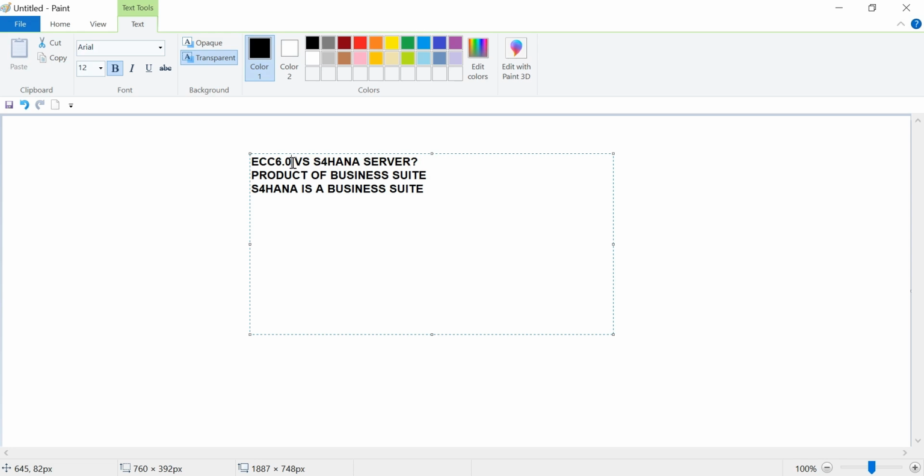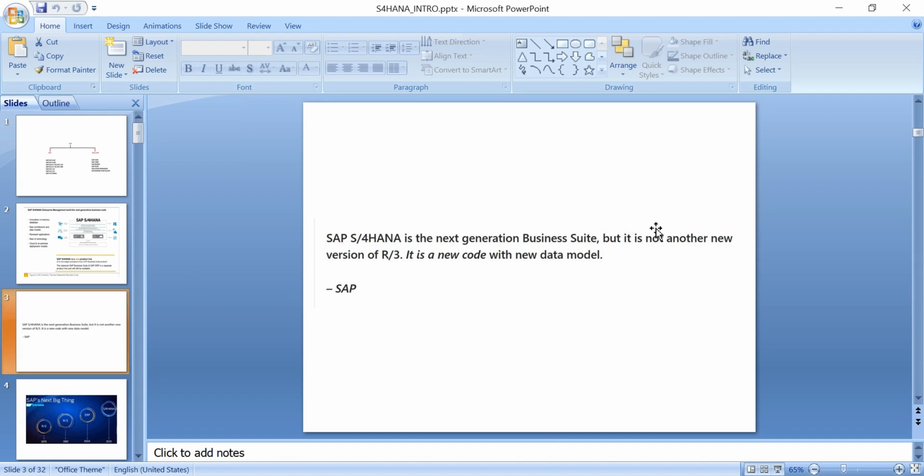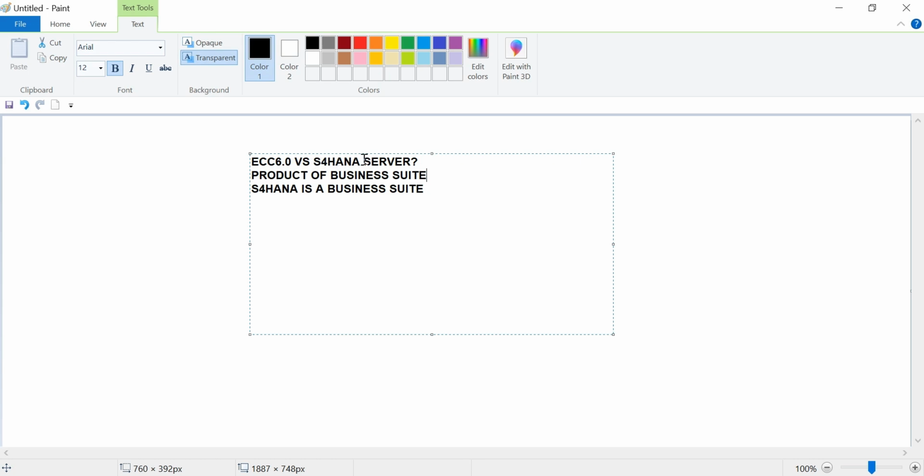ECC 6 is an ERP component. S4 HANA is not an ERP component, but a business suite. SAP itself says, what is S4 HANA? It is a next generation business suite. It is not a single product. It is a combination of different software, but it is not another new version of R3. R3 is your business suite. It is new code with a new data model. Got it? So you should compare ECC6 versus S4 HANA server and the versions like 2022, 2020, 2021,